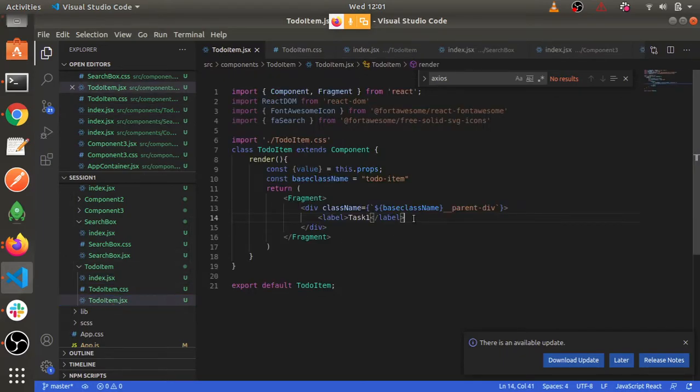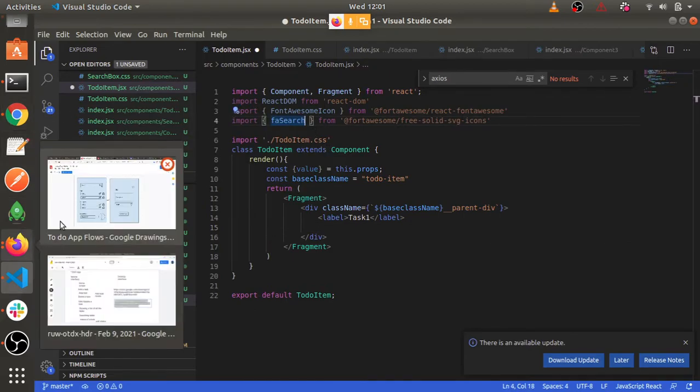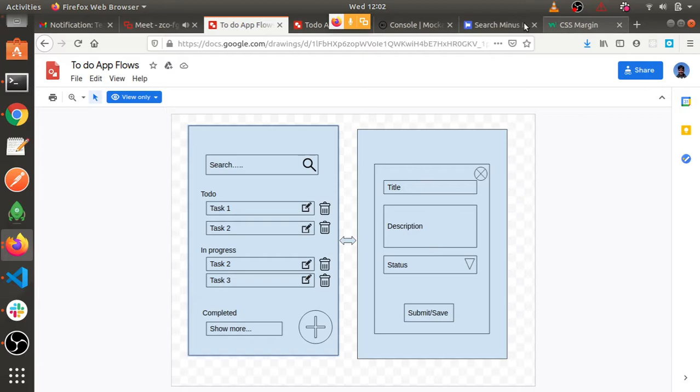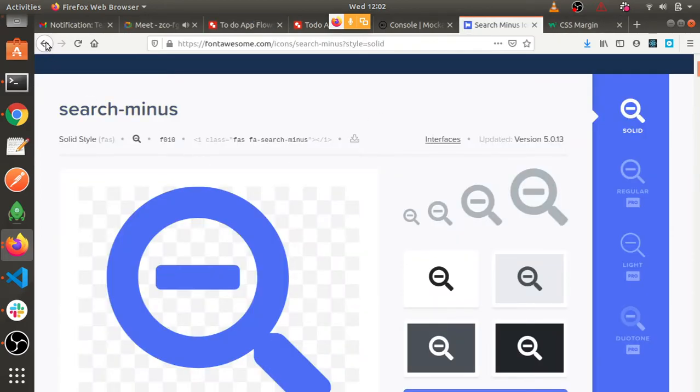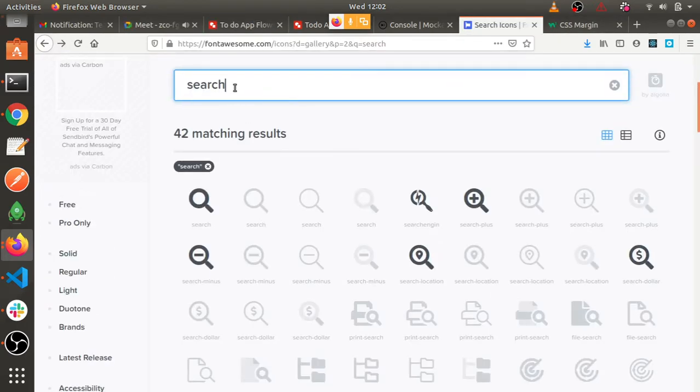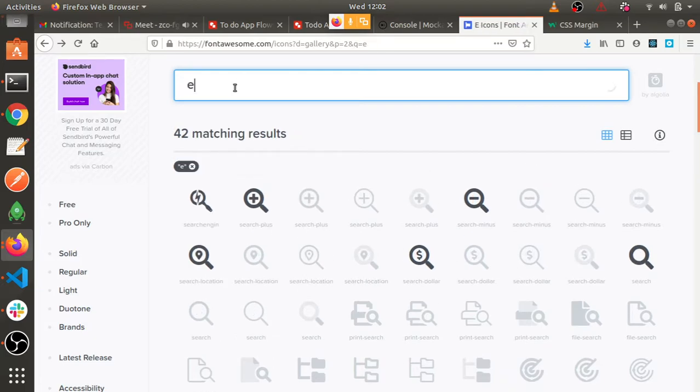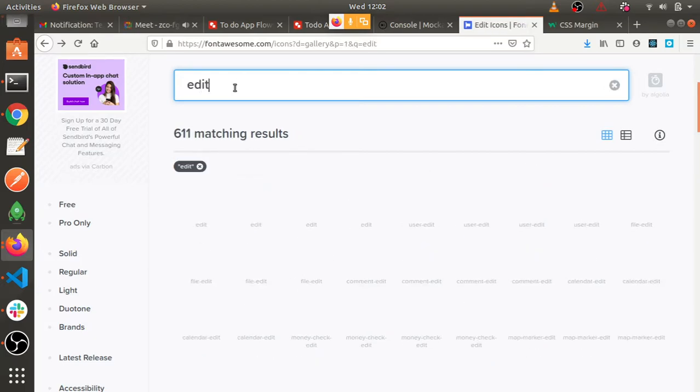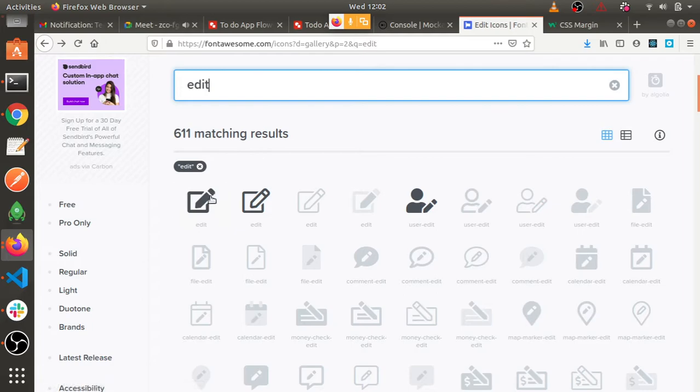Now besides this, I'll use the font awesome. So now which icon do we need? We need edit icon, right? So I'll search for the edit icon. This one, exactly this one, right? So by the name we can see it is simply edit.